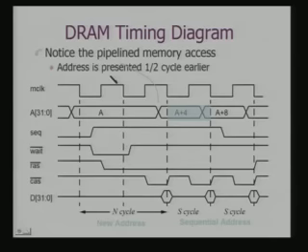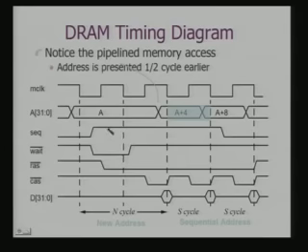In fact, it is a pipelined memory access. If I have a pipelined memory access, typically the address is presented half a cycle earlier. So, what you have here is the system clock, and these are the addresses being provided, and here you find that the address is coming earlier, so that you can know that the next is a sequential address. Then this sequential signal is activated. This wait state comes in because there will be a wait for a RAS CAS access, and wait is asserted by the external logic.